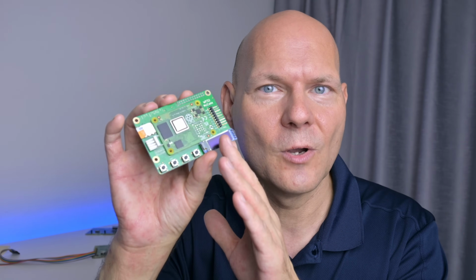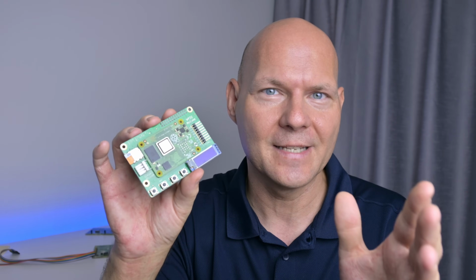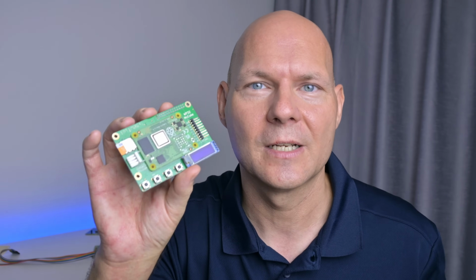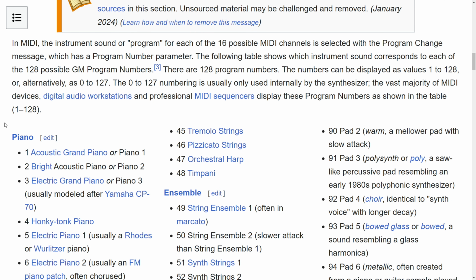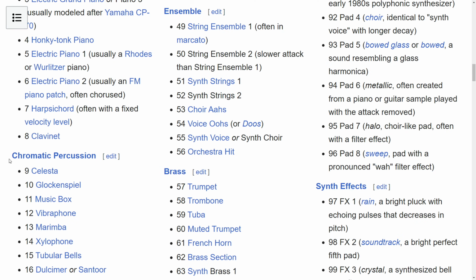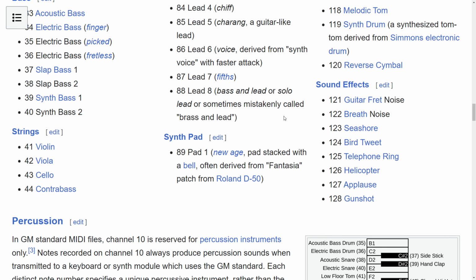So let's move on from the Roland MT-32. To summarize, it saw support in games from around 1987, 1988 to the early 1990s. And then a new standard emerged, and that standard is called General MIDI. The General MIDI standard defined 128 instruments, starting with instrument number 1, which is a piano, all the way to some sound effects here, and instrument 128, which is a gunshot. So this standard allowed other manufacturers, not just Roland, to now make their own MIDI devices in the form of